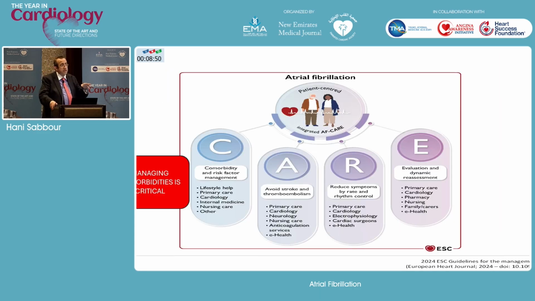The second one, which I think is extremely constructive, is this thing called CARE. So CARE is not just about anticoagulation. Let's just take anticoagulation as only one of the 4 boxes. Managing comorbidities is absolutely critical, including lifestyle and internal medicine, weight loss, SGLT2, GLP-1. There's a lot of stuff here in the guideline that reflects the whole cardiometabolic approach to medicine.